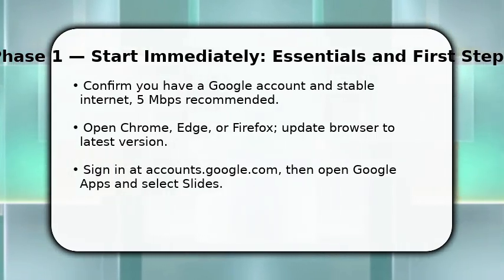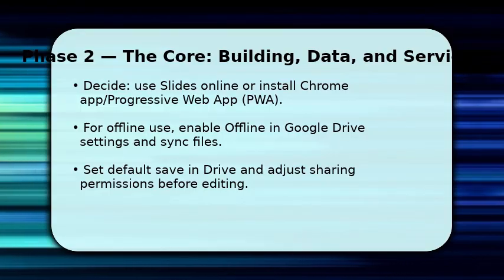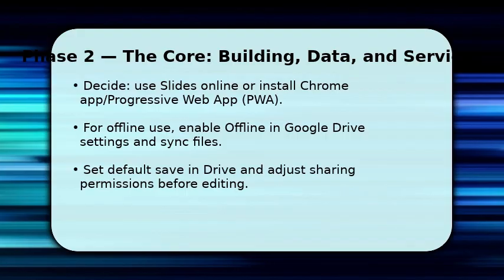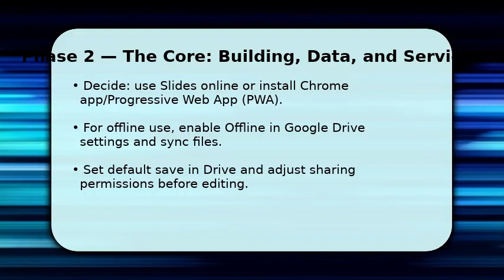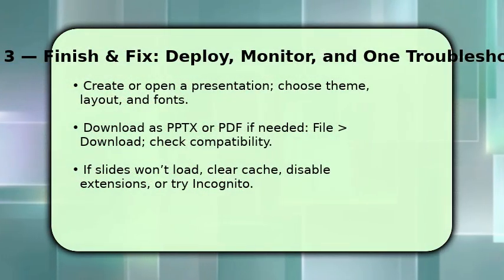Now decide whether to run Slides online or make a local app-like shortcut. If you prefer a desktop experience, install Slides as a progressive web app from Chrome's menu. That gives windowed mode and quick launch. For offline editing, open Drive settings and enable offline. This syncs recent files to your PC so you can work without internet. Make sure to set Drive as your default save location and confirm sharing permissions, because saving and collaboration behaviors depend on those settings. Finish by opening or creating a presentation and selecting a theme, because that sets layout and fonts